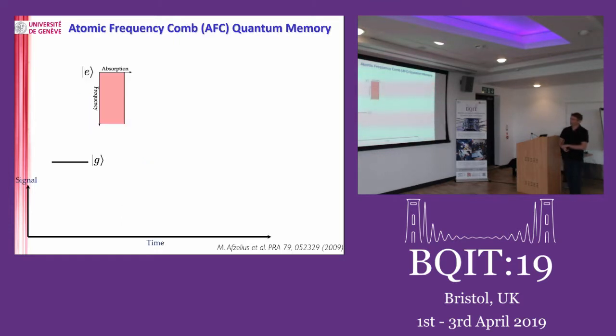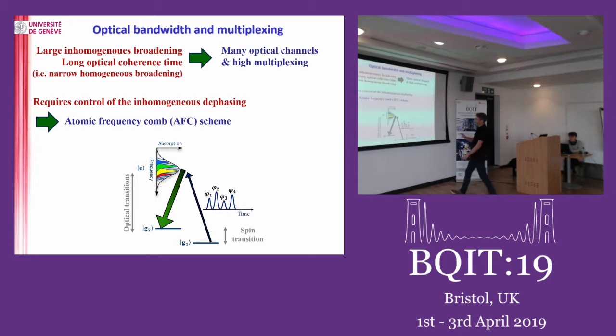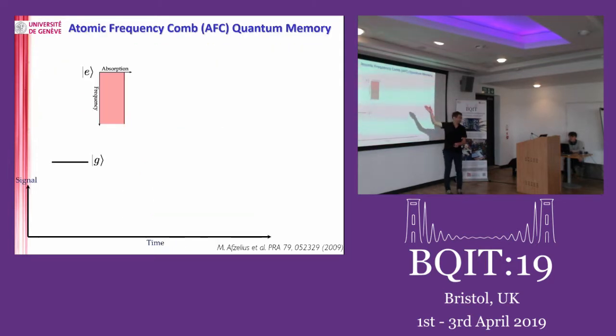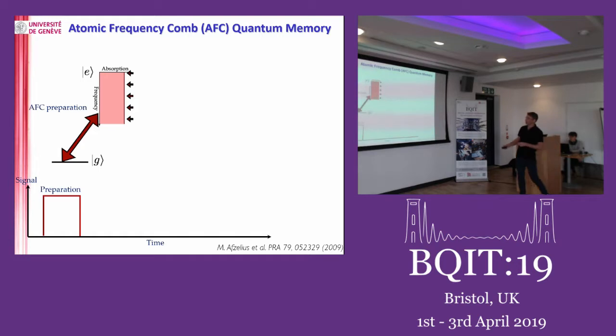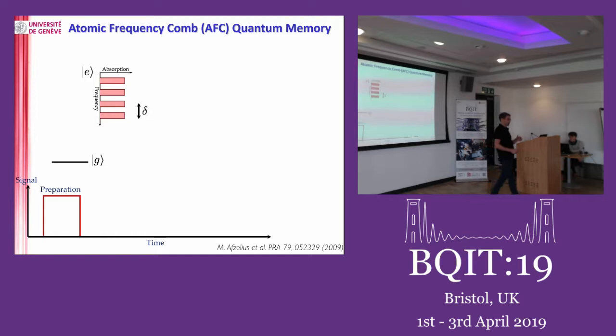So how do you do it? Imagine now that you are looking at a narrow section of this inhomogeneous broadening, so it looks flat, the same sketch. What we are able to do is optical pumping in frequency. We can come in and shine lasers at these different frequencies and optically pump away those atoms. Obviously, they will be in some other state, so they are absorbing at other frequencies, but at these frequencies they are not absorbing anymore. So we can create this kind of comb structure.